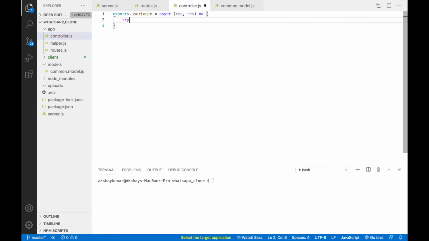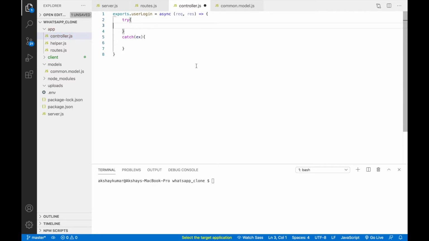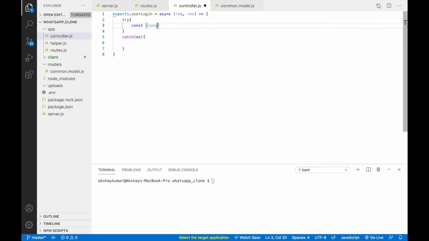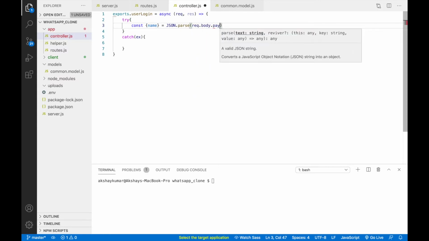Here we'll write a try catch block. Inside the try, we'll write const, we'll take the name, JSON.parse(request.body.payload).